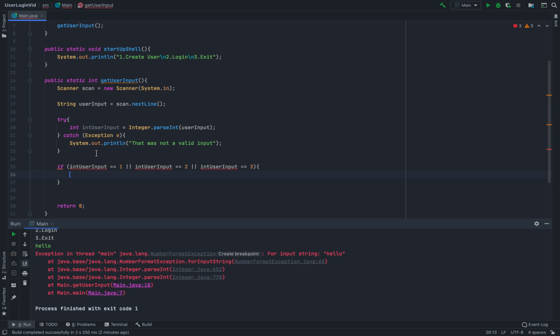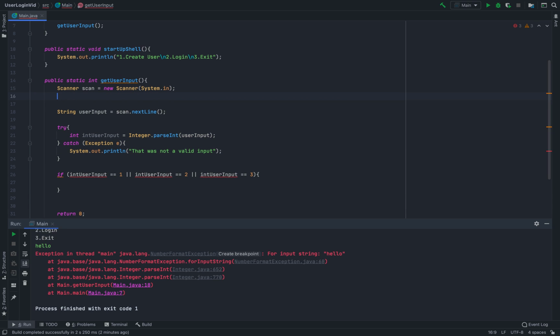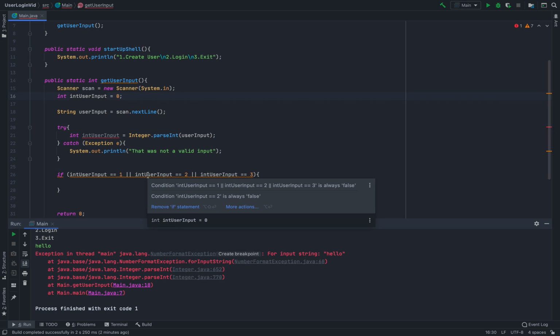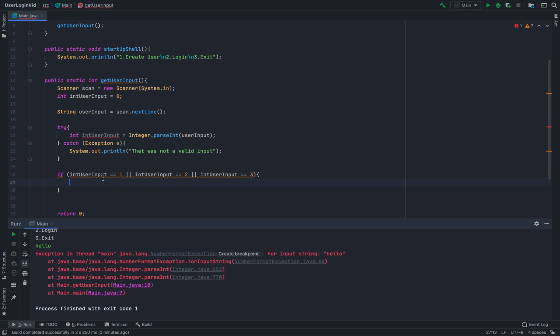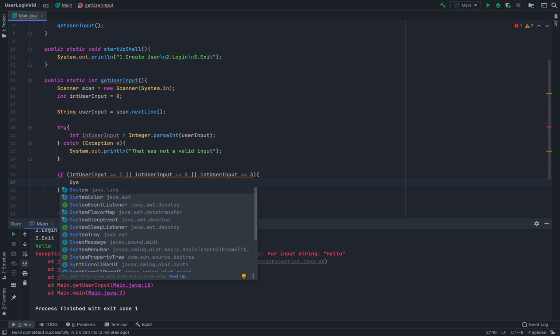Oh, okay. So this happens because this integer user input is actually in a try catch block, so you have to do something called initialize the variable. So you can just say int integer user input is equal to 0 for now, and that'll fix your whole deal here. All right, so if it's equal to 1, 2, or 3, then we'll just say for right now